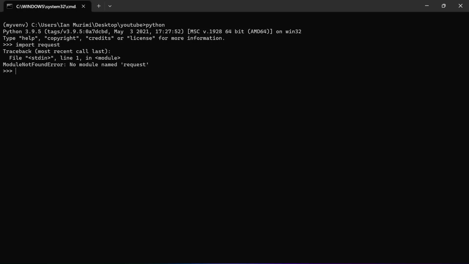Module not found, because there is no package in our virtual environment. So let me import Flask. No module named Flask. So I'm going to go back to the virtual environment and install these two packages.